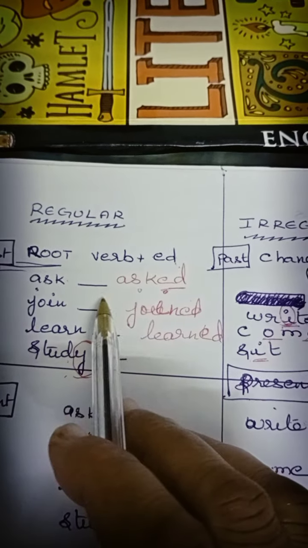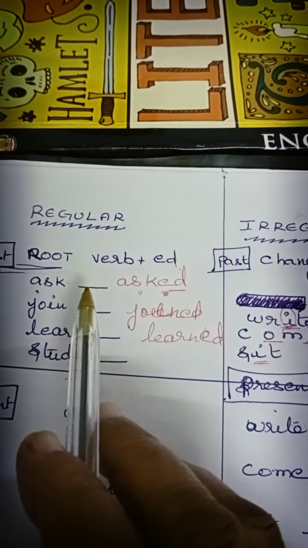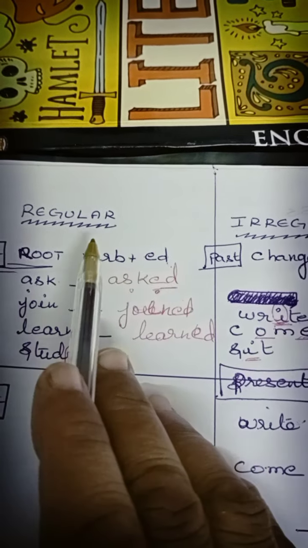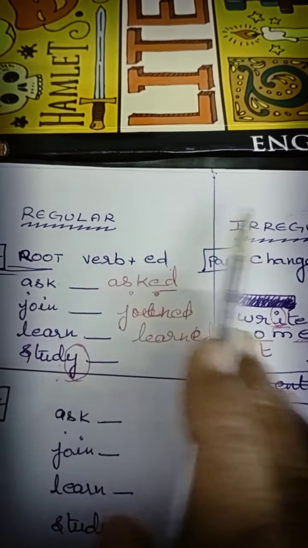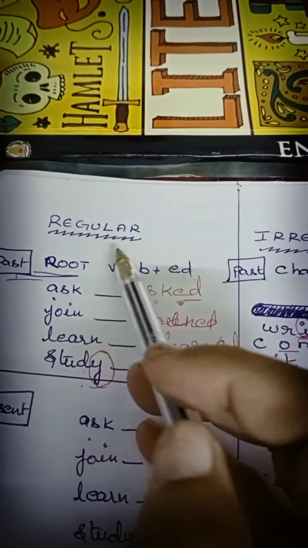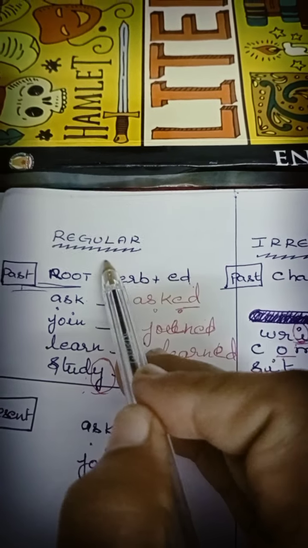Yesterday I was telling you about verbs and the tense forms, and I said I will teach you regular and irregular verbs. Today I'm going to teach regular, irregular, transitive, intransitive, and all. Okay, now let us go for regular verbs. What is the difference between regular and irregular? First, let us see what is regular.